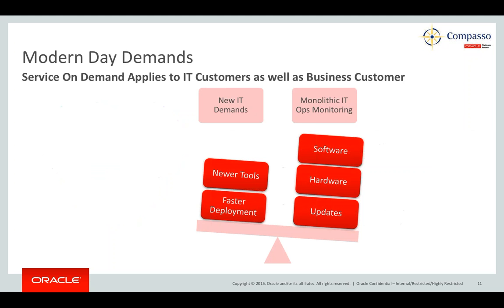Now, to get there, we have some competing demands, right? You have the concept of your typical monolithic IT operations monitoring system. This is where you purchase the software, you purchase hardware to run that software on, and you have to have people and resources to provide the updates and the upkeep of all that software and all that hardware. There are tools out there. Obviously, Oracle provides tools like Enterprise Manager that provide this, but